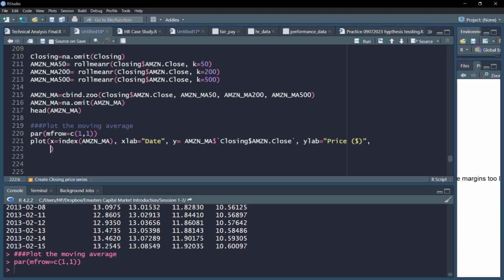We'll also specify that type equal to line and color equal to black, and we'll provide the central heading, main, as Amazon simple moving average.